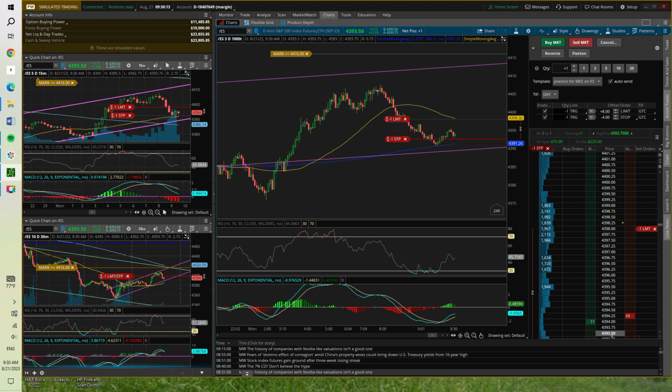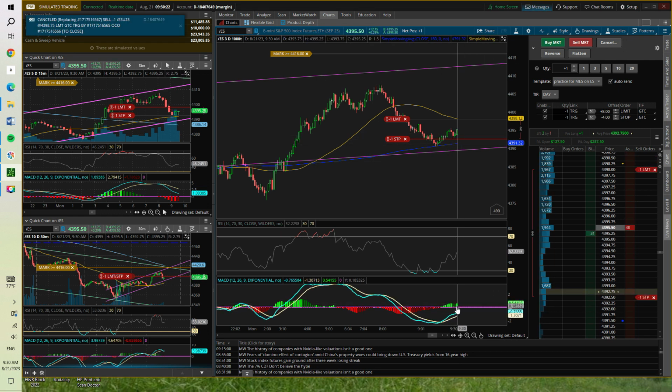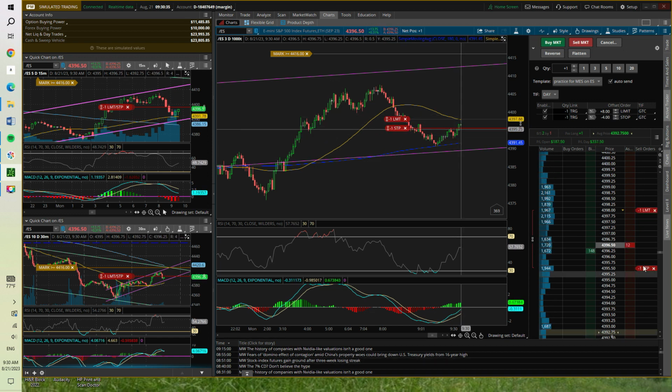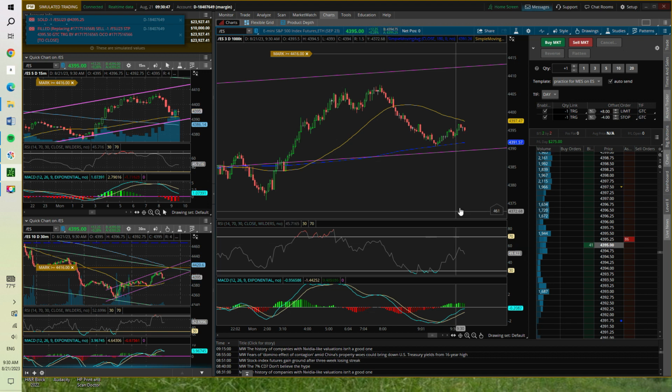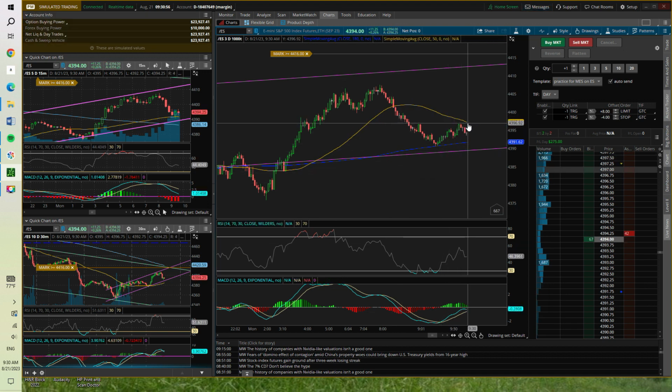And I have a small drop. It held, very good. Went ahead and raised up that stop. And it looks like it's kind of petering out a little bit. So I locked in my profits there and I got stopped out. There we go. All right, so that was a decent trade actually.